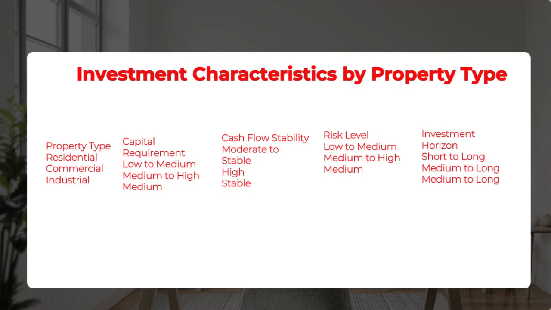Investment characteristics by property type. In this module, we will be using property type, capital requirement, cash flow stability, risk level, and investment horizon in our table. 1. Residential: low to medium capital, moderate to stable cash flow, low to medium risk, short to long horizon. 2. Commercial: medium to high, medium to long. 3. Industrial: medium, stable, medium to long. 4. Land: variable, no cash flow,